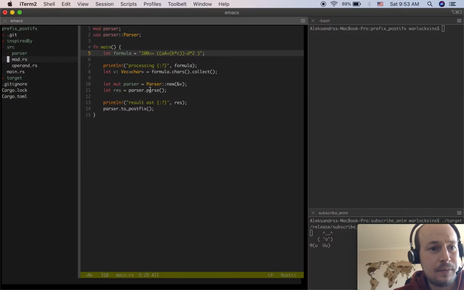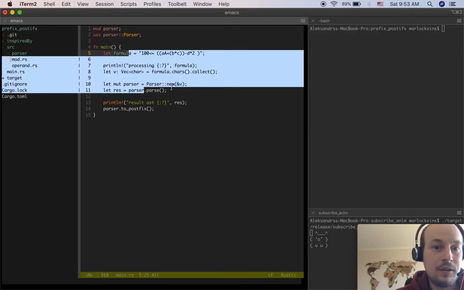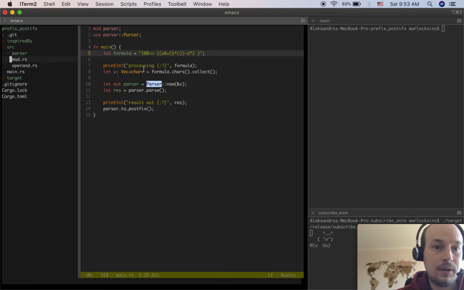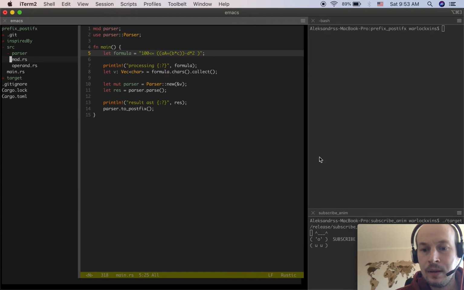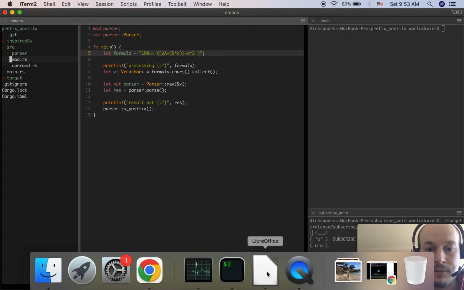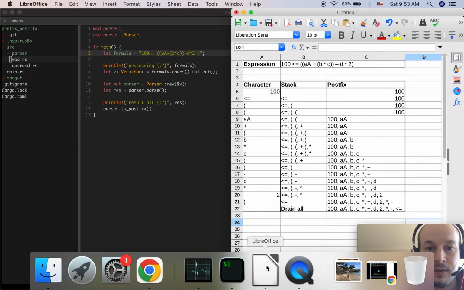I also spent some time refactoring my code a bit. I moved a bunch of things into different folders. So now my formula is provided here. I am calling the parser from somewhere outside, inside the mod file. And just for myself, to keep track,